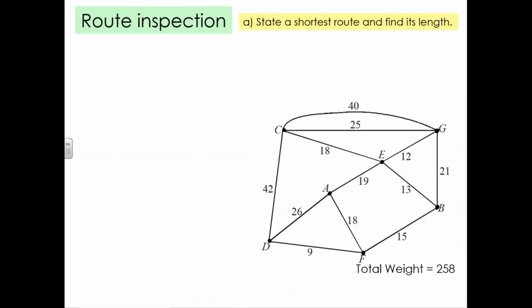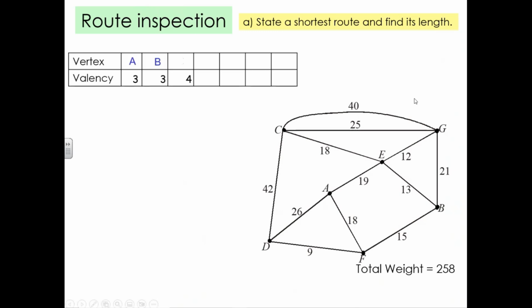I'd like you to have a go at the ones underneath. Identifying your odd nodes, you should get 4 odd nodes here. You get A, B, D, and F. They're all order 3. Consider your pairings of these. So A, B and D, F first. So A, B, your shortest from